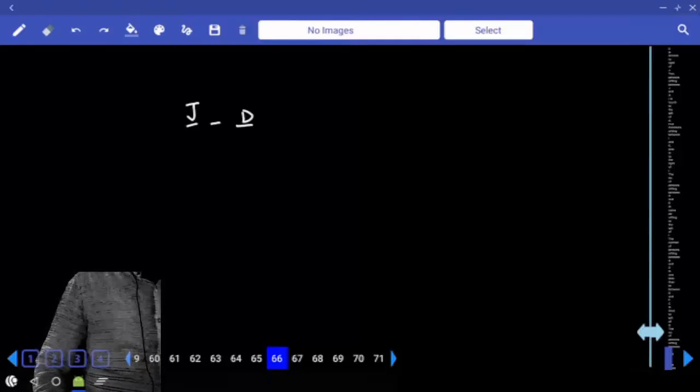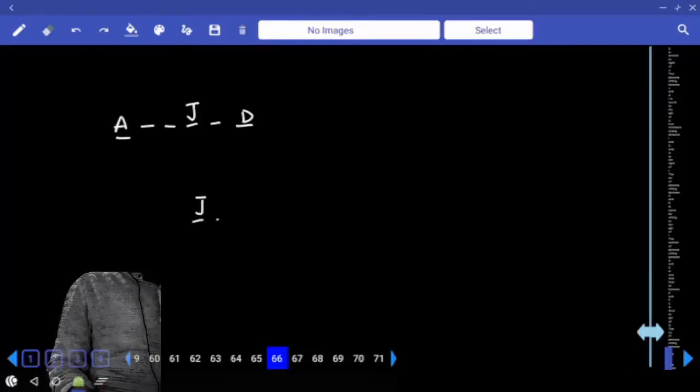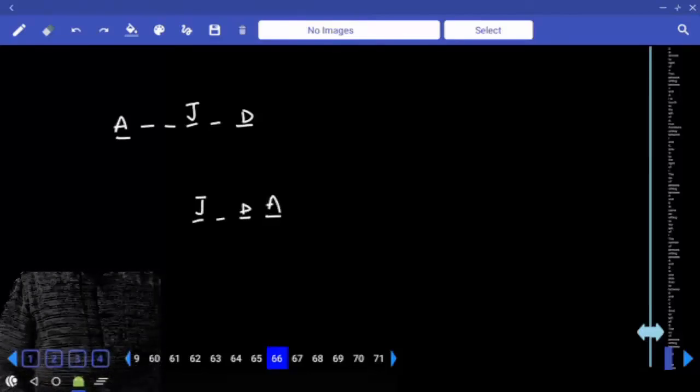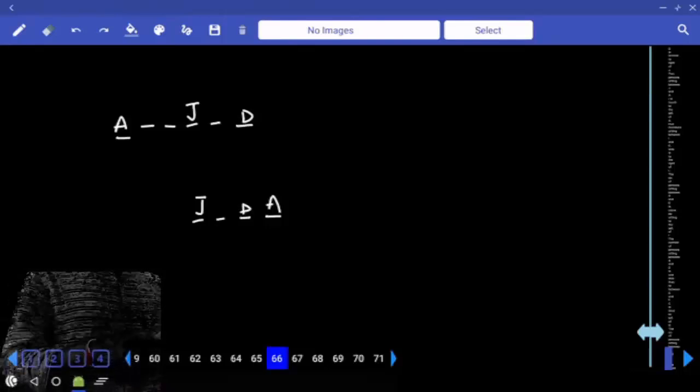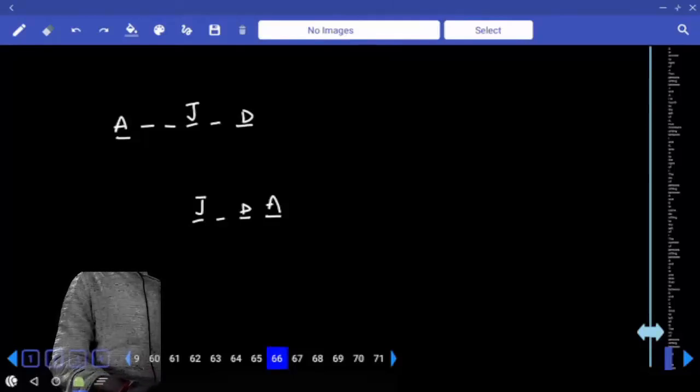So two persons between J and A. 1, 2, A. Understood? Two persons between J and A. Next. I is fourth to the left of A. Fourth left of A. 1, 2, 3, 4. Or